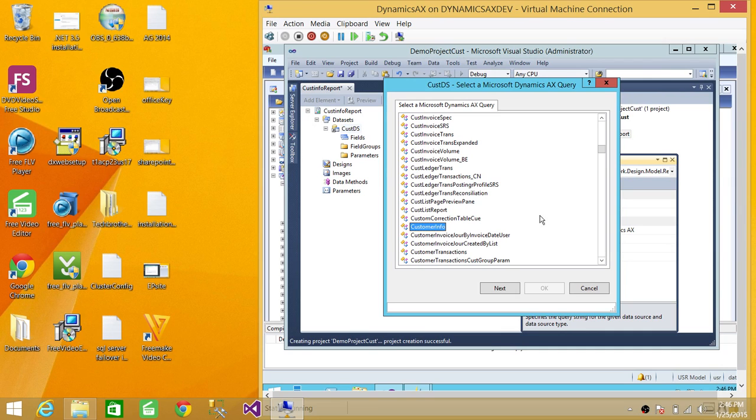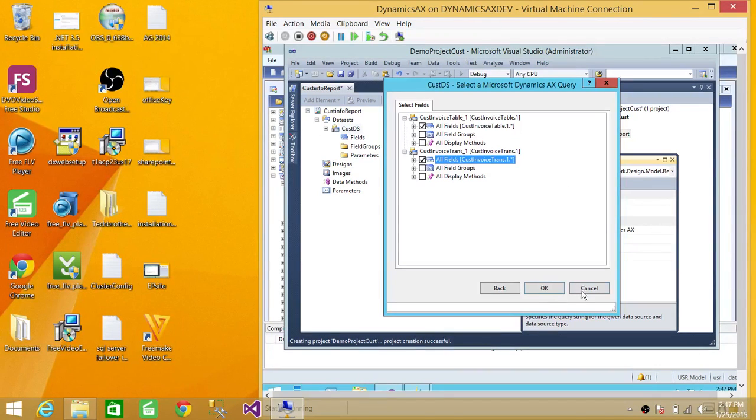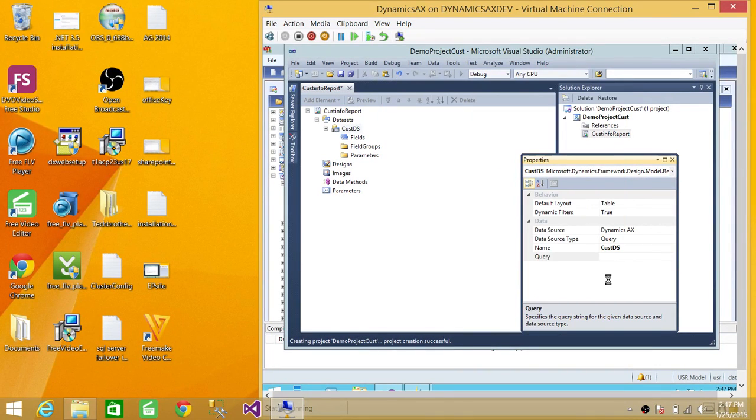Right here is our customer info query. So we're gonna go ahead and click next. It'll bring up both the tables, and we're gonna choose the fields in those tables. Alright, so we have a customer invoice table, all fields. We're gonna do that. And we have a customer invoice. We're gonna go ahead and do all the fields in that one too. So this will bring our query